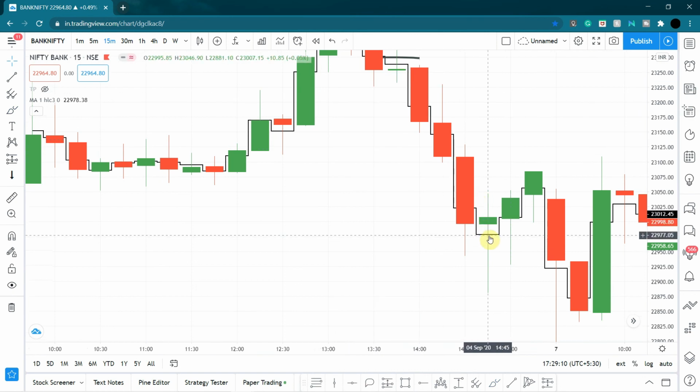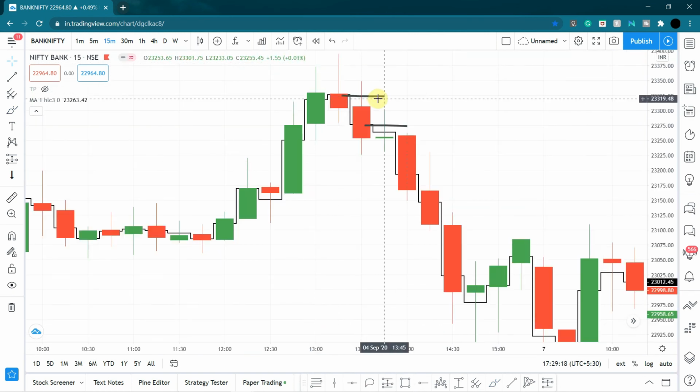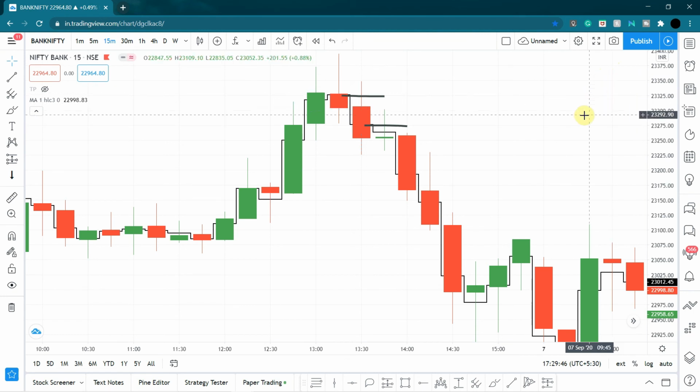So I think that was a good entry level, because sometimes the moves in the market happen so fast that let's say even if you wanted to enter here, by the time you click, the stock must have reached till here. Even this looks like a very small distance, but the number of points over here is huge. So that's the number of points that are going to increase for your stop loss. So you need to be careful about that.